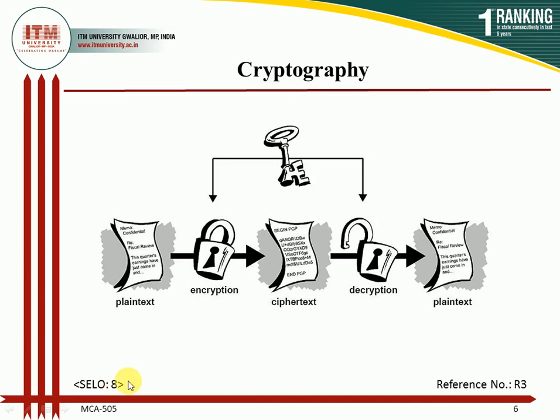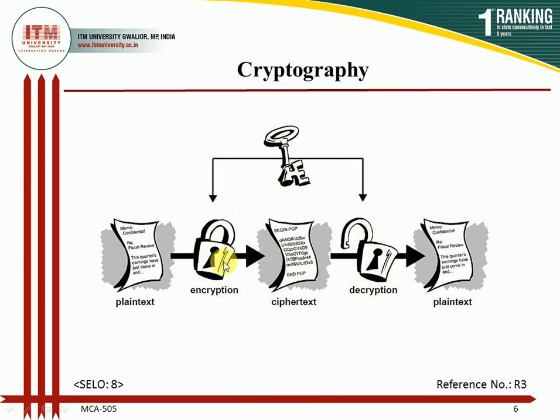Next one is cryptography. Cryptography is shown in the diagram. Here we can discuss that first we need a plain text, then we convert this plain text into ciphertext, which is called encryption, and for the encryption we require a key. This is a common key. In cryptography there are two approaches: either we can perform encryption and decryption using only one key, or we can perform them with two keys. It means one key is used for encryption and the second key is used for decryption.